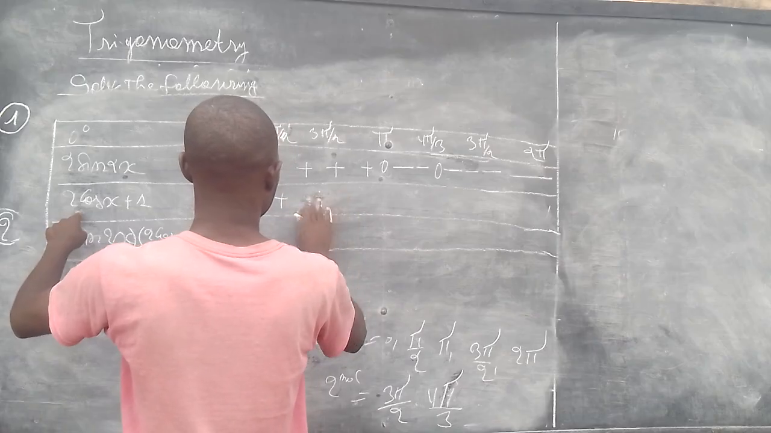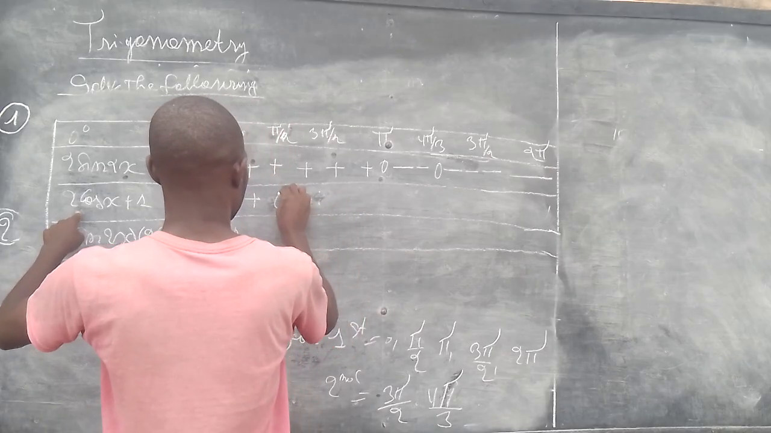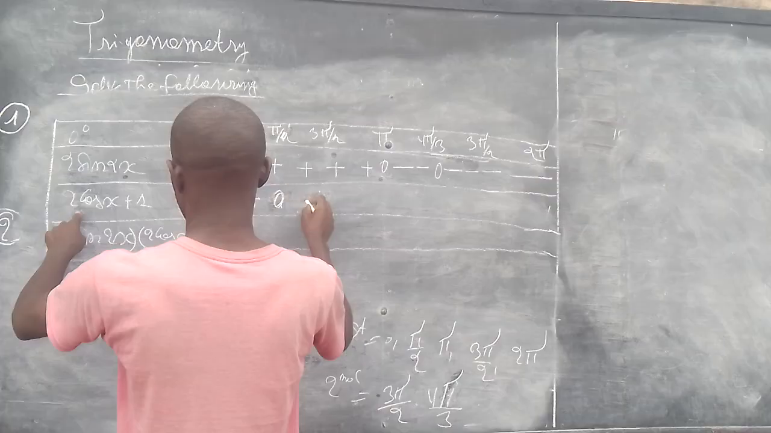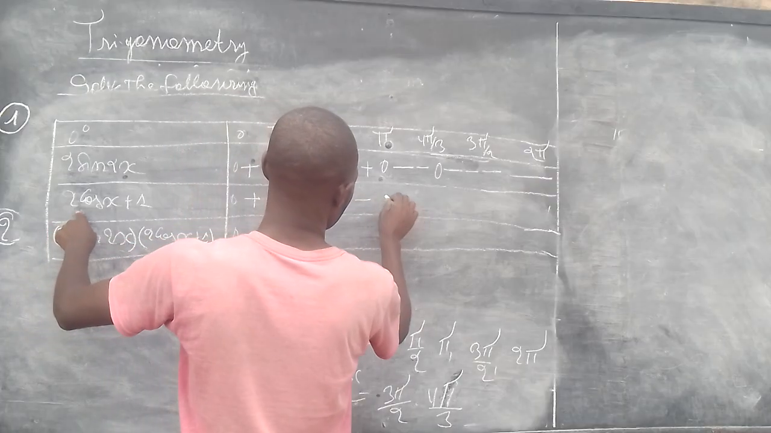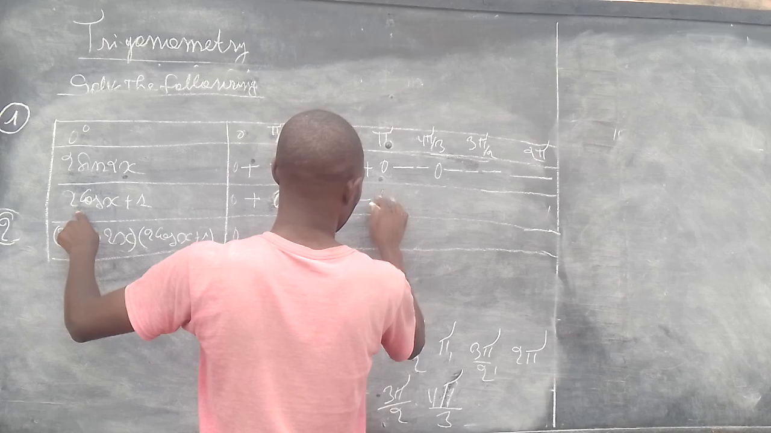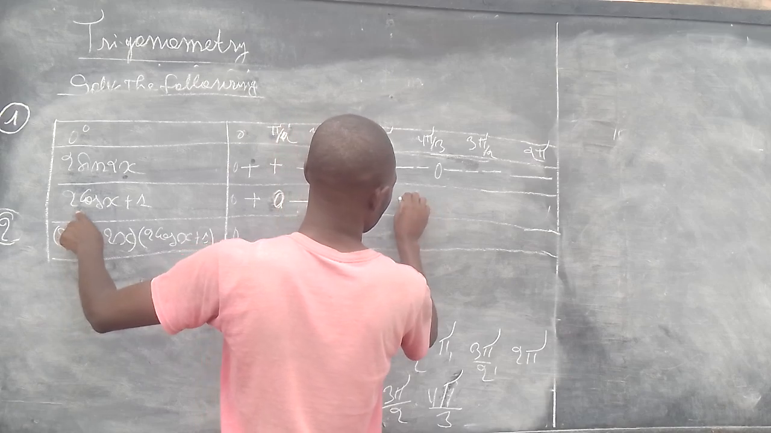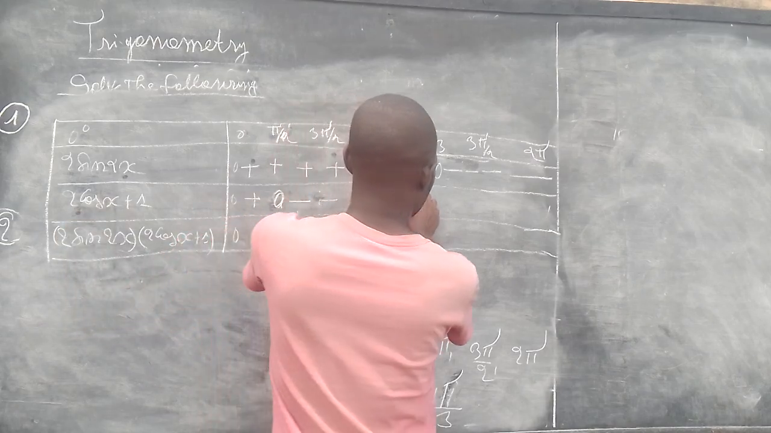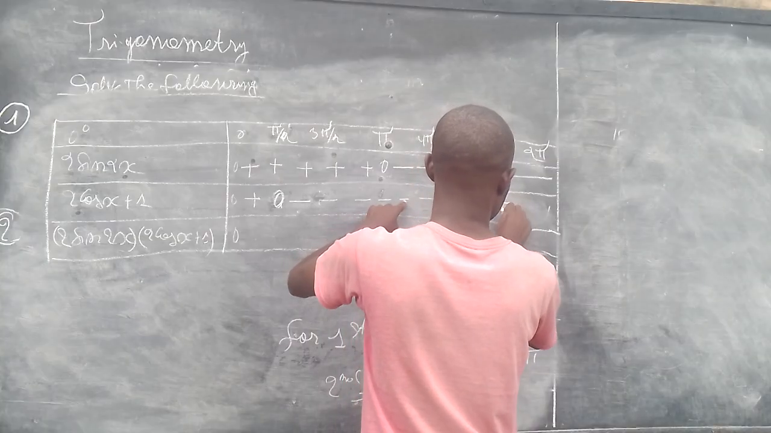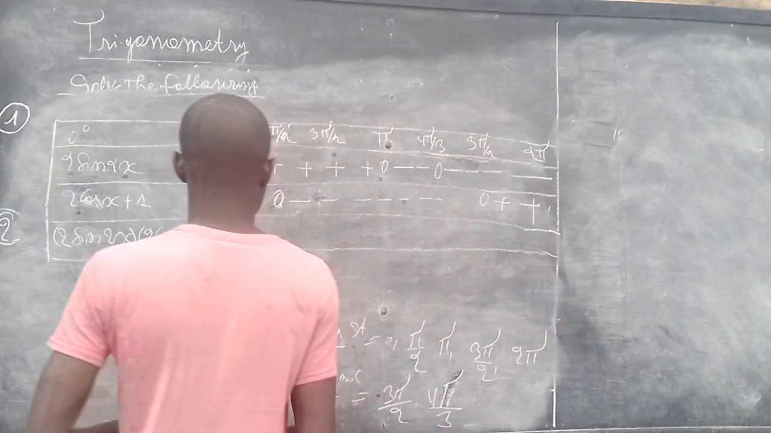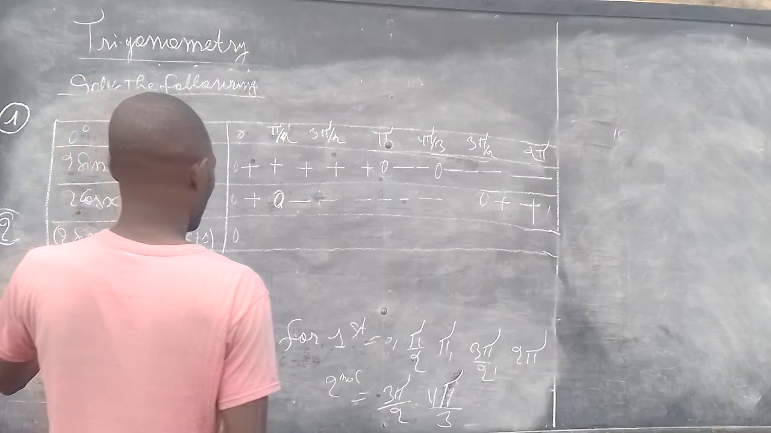Here we have a 0, a 0 here, and negative values here, negative, negative. Here we have a 0, then a positive, a positive. So here we have